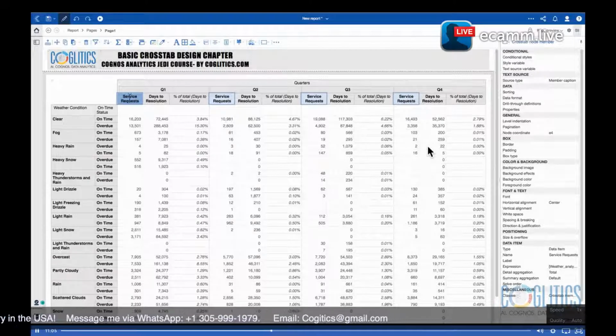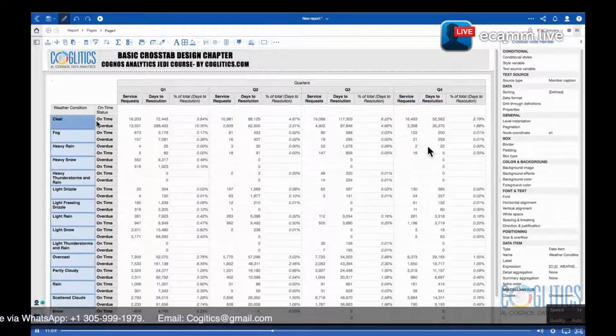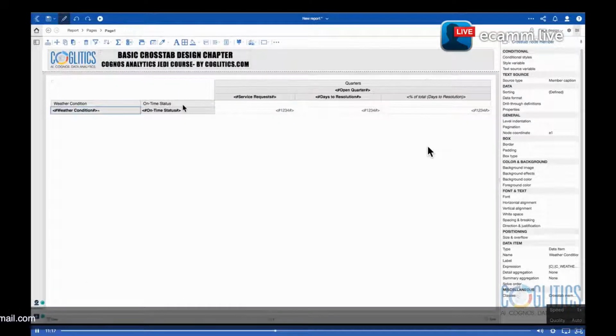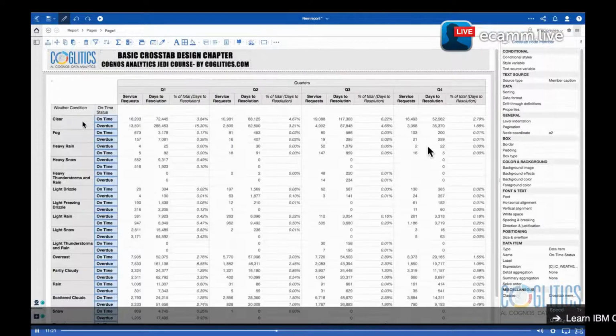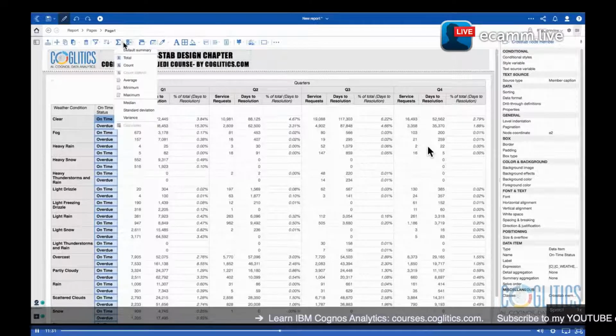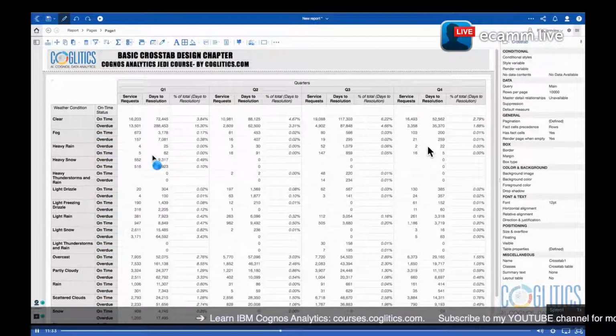To do that, first you have to decide what you want to total. We are going to first do a total, and then we are going to do an average as well. So let me go back to the page preview so that I see what I am doing. Okay, so this looks good. Let's go to preview, and first I want to total the on-time status. With the rows selected, I want to total for service request and days to resolution and the percentage. I go over to the summary and I click total,